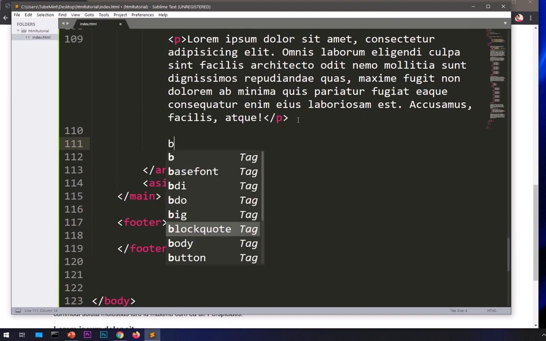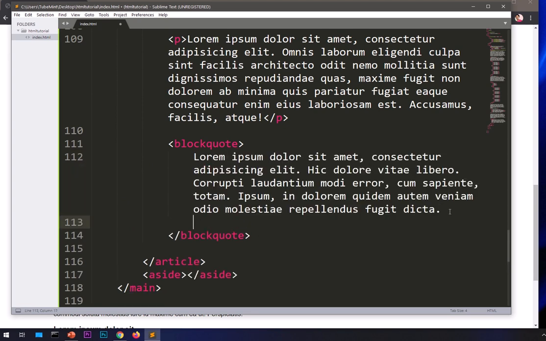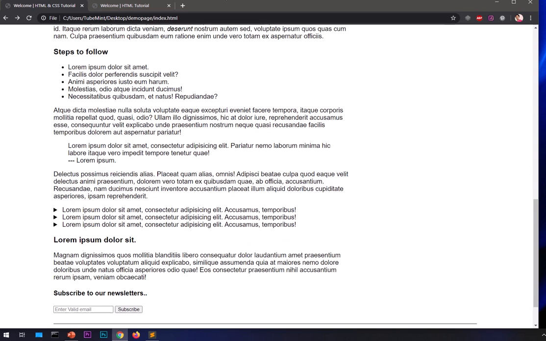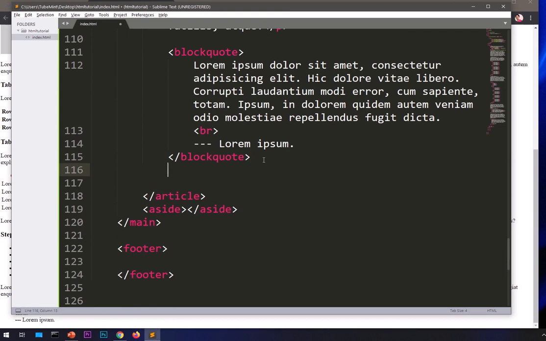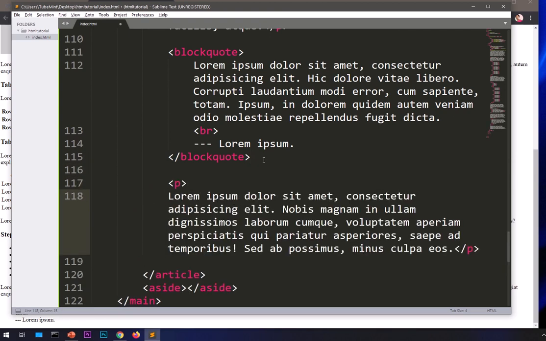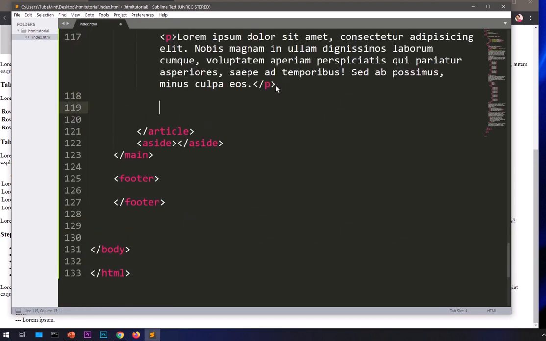Sometimes, okay, so here we go. And then I can simply say br, this is the break just to go to the next line, and then I can say something like that. Alright, so that's done. Now we will go ahead and put some lorem, and then we are going to create the summary and details